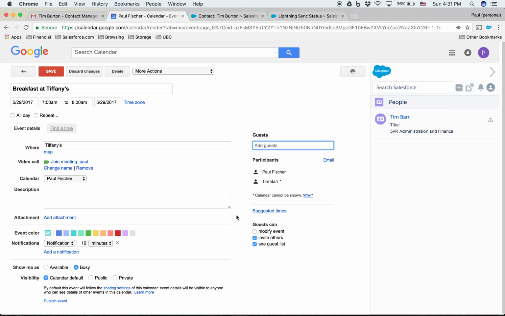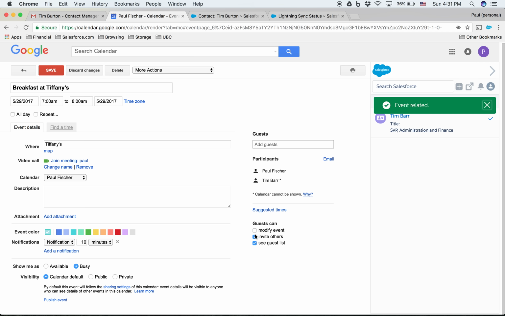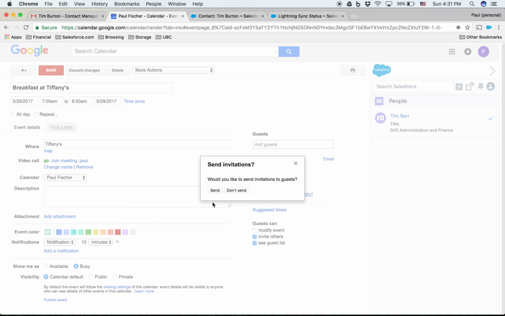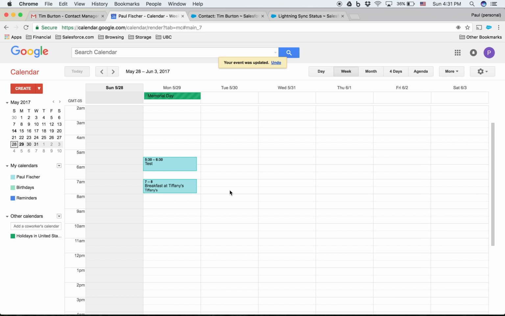So what I'll do here is go ahead and click this upload arrow in the right-hand pane. So event was related. Perfect. So that's going to end up in Salesforce. Let me click save. Fine, we can invite Tim. Okay, I actually chose don't send just because it's a test email. So Tim would have got the Google invite, the calendar invite, and we've created now an event inside of Salesforce.com